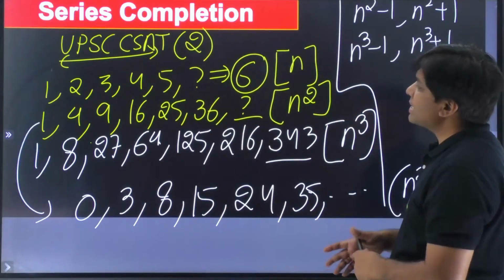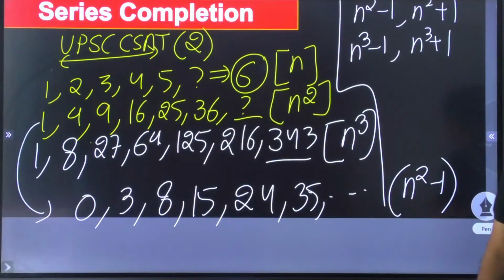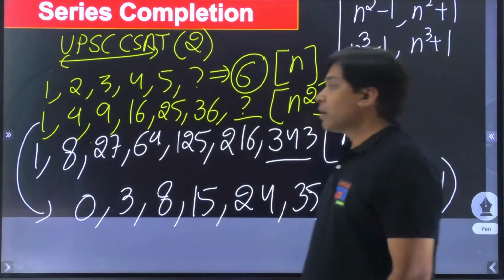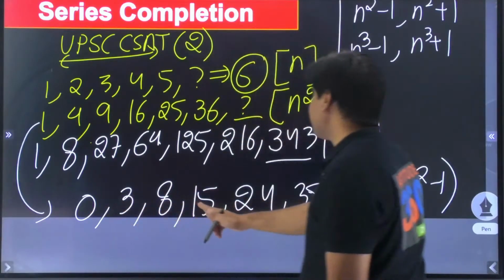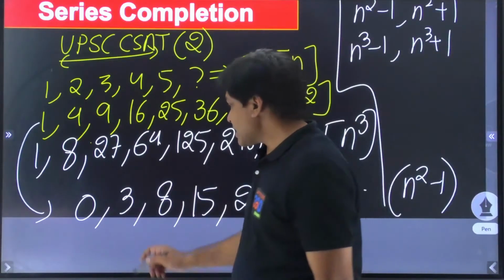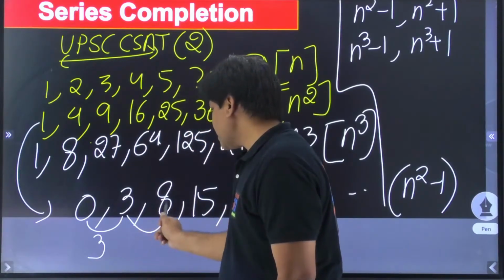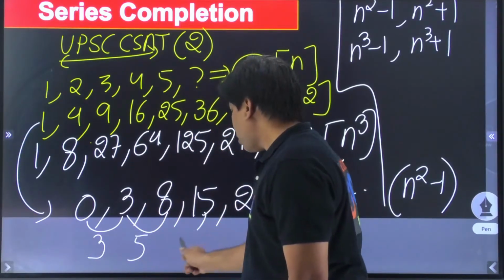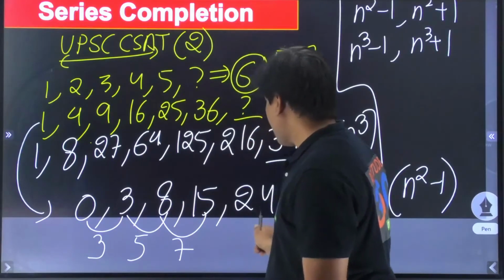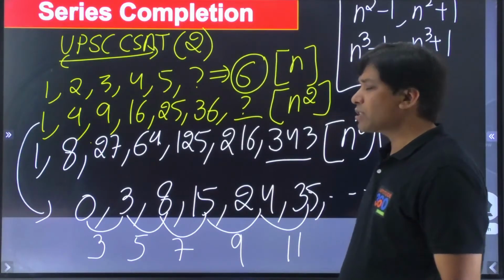So what did I say? This is n square, right? What if I subtract 1 from all the terms? This is going to be 0, 3, 8, 15, 24, 35 and so forth. If you really want to see this, this is 3 and this is 8, minus 3 is 5, this minus this is 7, or this minus this is 9, which was pretty simple for you to identify what is going to be the next term.